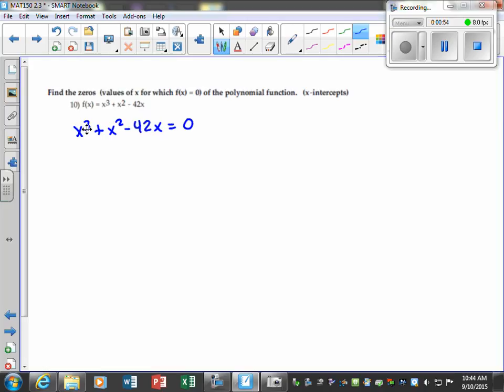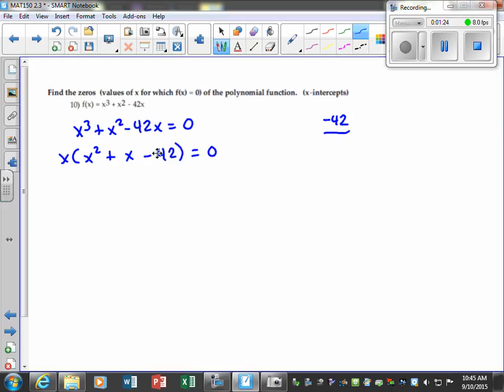What do they all have in common? x. Let's take a GCF out, an x. Let's factor an x out. We have this. Now, from here we can use factoring. If it factors nicely, I'm going to use bottoms up just because it's what's familiar, or you can use any other way. So we're looking for what multiplies to give us negative 42,